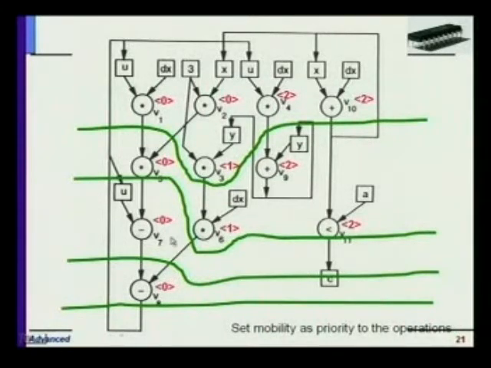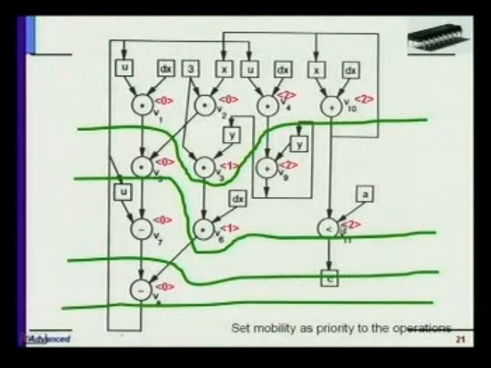For example, here if you move this operation to this time step, this whole flow goes down, so it will take one extra step. That means your mobility is 0. You cannot move these operations because they are in the critical path of the design. Whereas these operations you can execute here, here, or here. That does not require any extra time steps. So its mobility is 4 minus 2, which is 2.